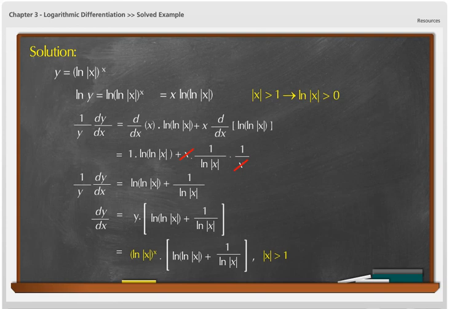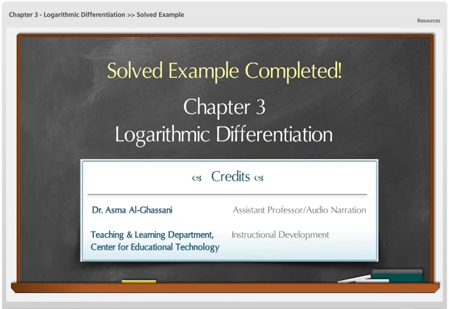This function is defined whenever the absolute value of x is greater than 1. I hope this example was a good illustration for logarithmic differentiation, and I'll give you an insight into how to use it in order to solve expressions that have the form y is equivalent to a variable raised to another